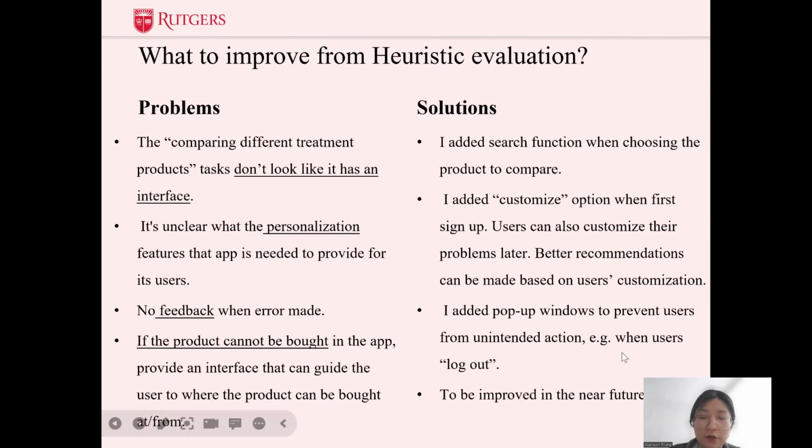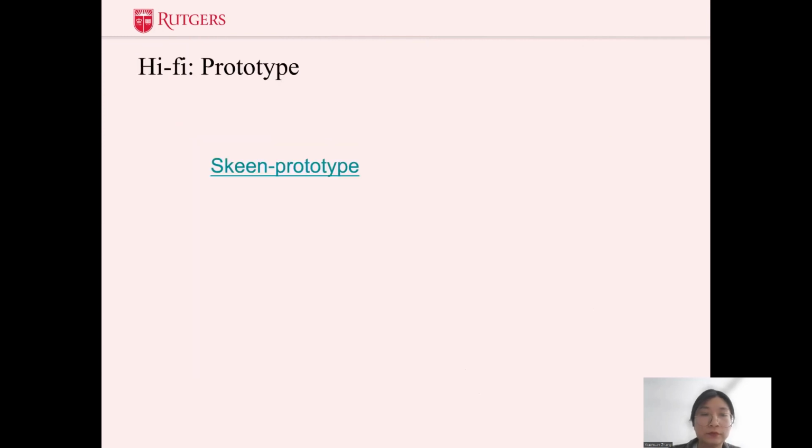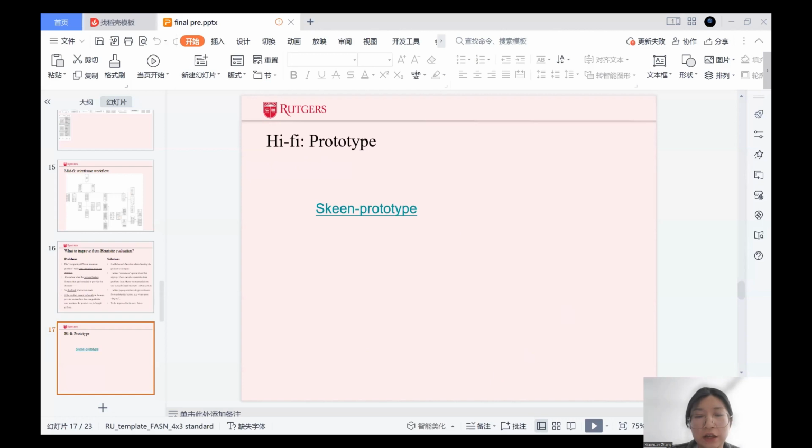So I haven't got a very good idea on how to solve the problem, but this is indeed very valuable advice, and I'll try to add this feature when I know how to. And then comes my hi-fi prototype. So now let's take a look at how